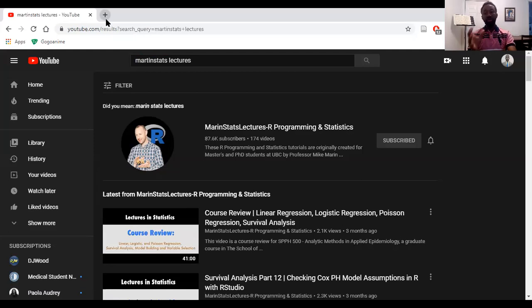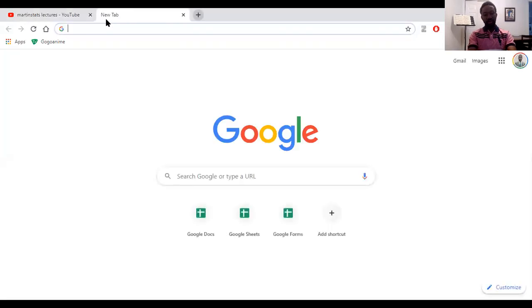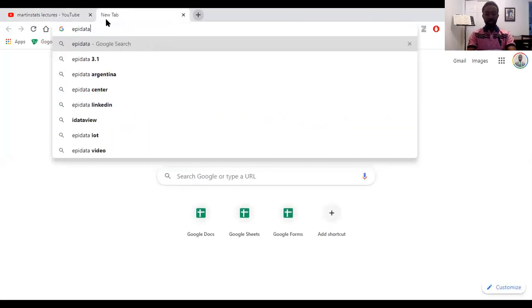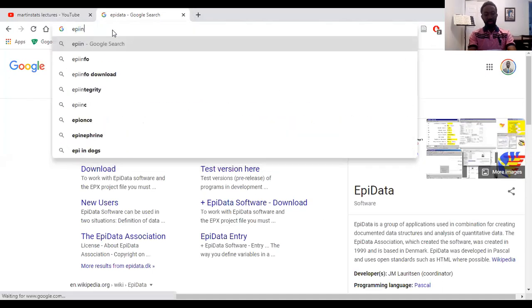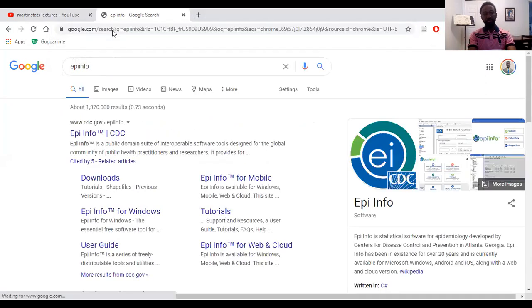Now, R is a good software, but if you're not comfortable doing things like coding, you don't need to do a lot of coding when you start with R, obviously, but if you're not very comfortable with it, then it might not necessarily be the best tool for you. So otherwise, you can use tools like Epi Info, which is free. If I'm not mistaken, yeah, I think so. Epi Info is free. So download a free software, go on YouTube, find a tutorial.